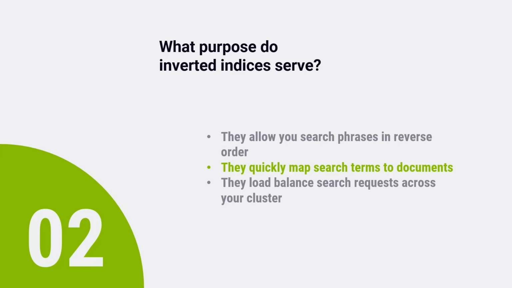So remember, an inverted index simply maps out specific search query terms to the documents that they live in. So as you index documents, an inverted index is actually created where it splits those documents into search terms and has a very quick lookup of where to find those search terms in given documents.